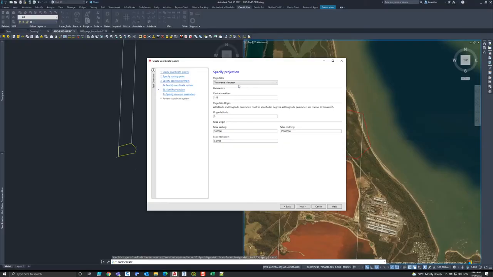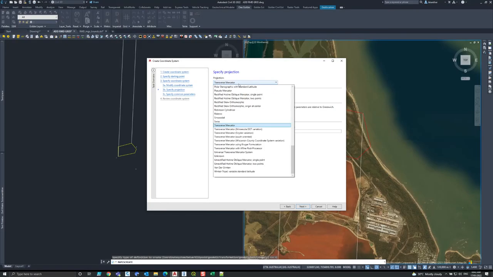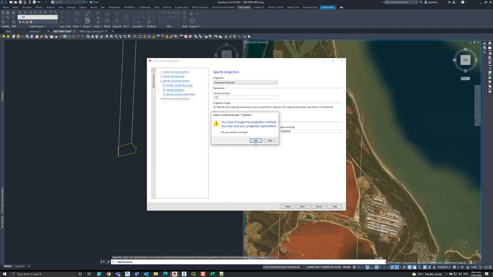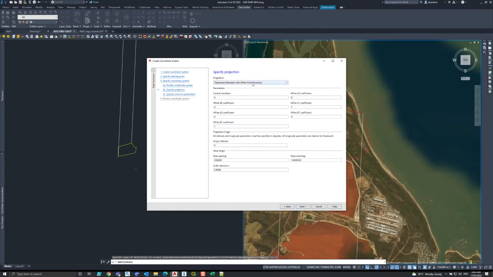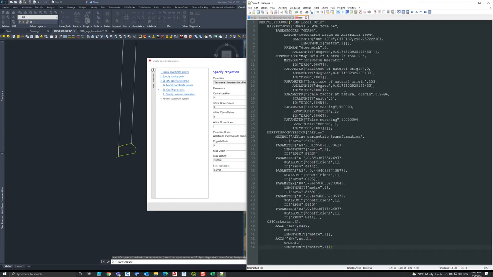CAD back here. Now what we want to do is use a transverse Mercator with a fine post-processor. It'll say something about losing your projection parameters, that's fine. But the reason we want to use this is it gives us the ability to add in these A0, A1, A2, B0, B1, B2 coefficients that we can use to do our transformation, and all it requires is us being able to read this kooky bit of text, and we will soon find out it's actually quite